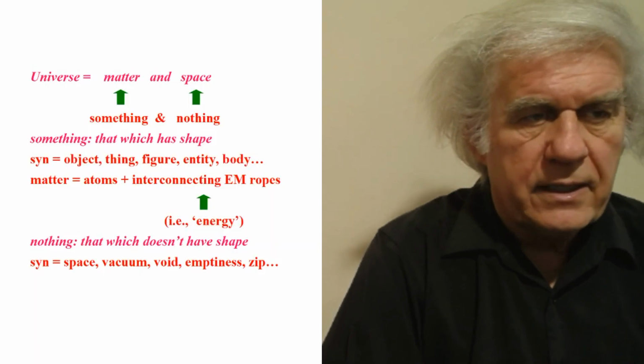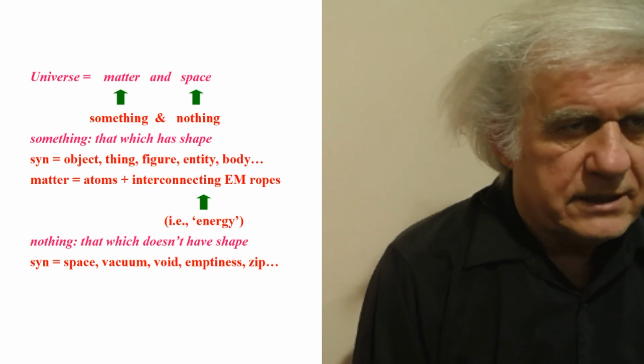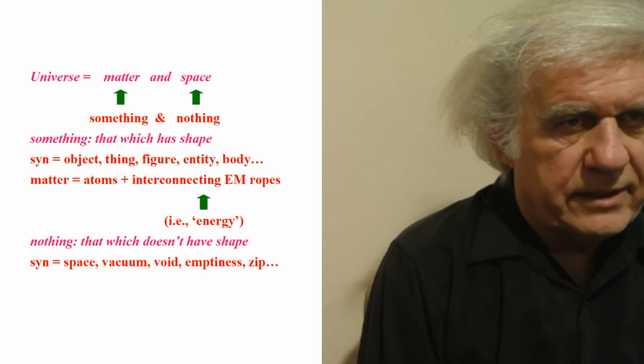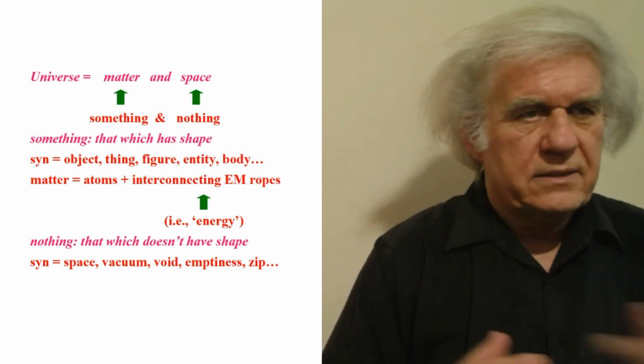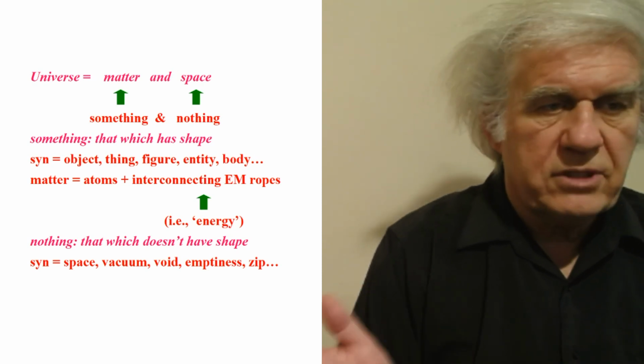Well, here we say we work with definitions in science so that we can comprehend what the person is saying. Once we define these terms, all these theories from mathematical physics die a sudden death. They have no chance whatsoever. Here it is: universe, matter and space. What is matter? Something. What is space? Nothing. Very simple. They're antonyms. Space is that which has no shape. Matter is that which has shape. We're done. That's how simple it is.